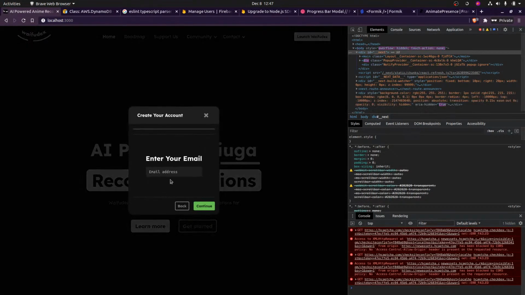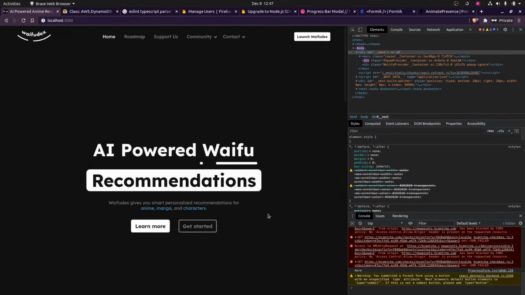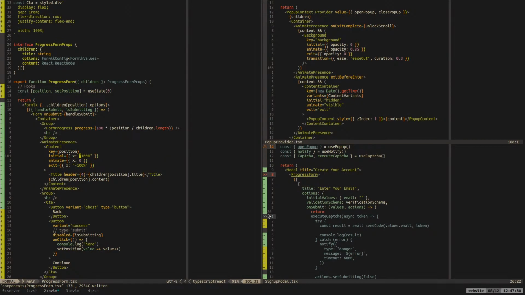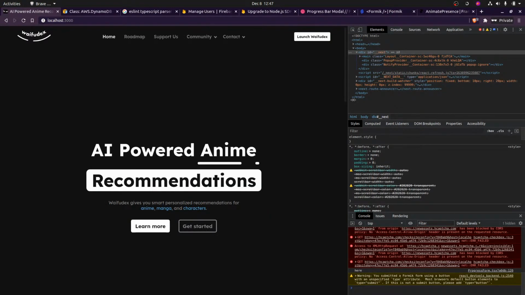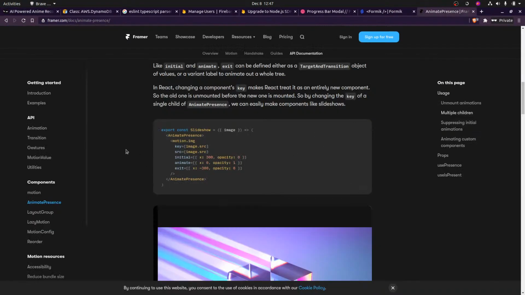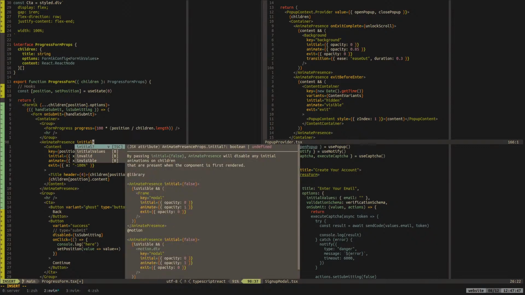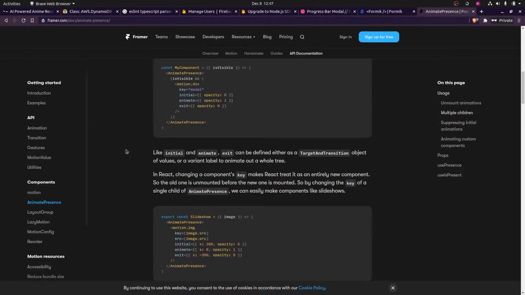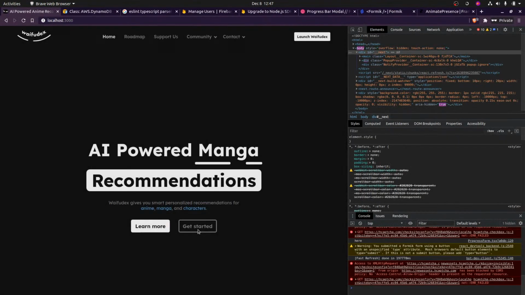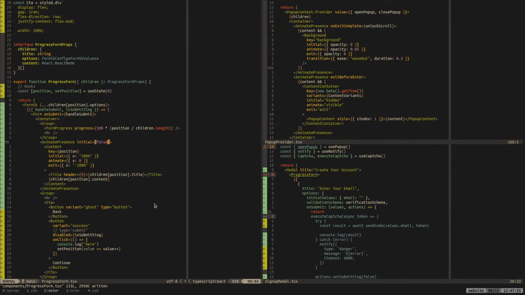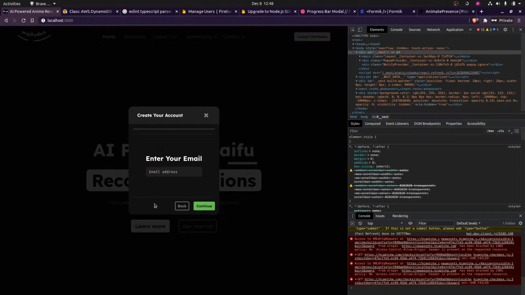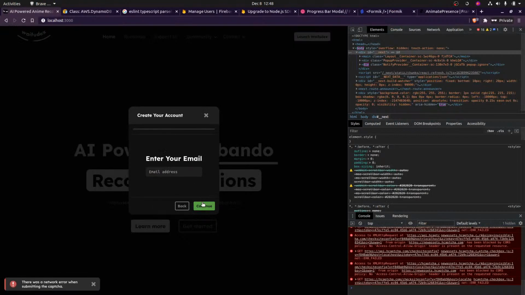Oh, that's cool. Okay. Now here's the problem. I don't want it to animate in the very beginning, so there's a special thing for that: initial false. Yeah, that's what it is. That means we're going to lose that bouncy type thing in the beginning, but we want that to happen. What we want is to control exactly when it happens, so that it only happens when... Oh, there's this thing.